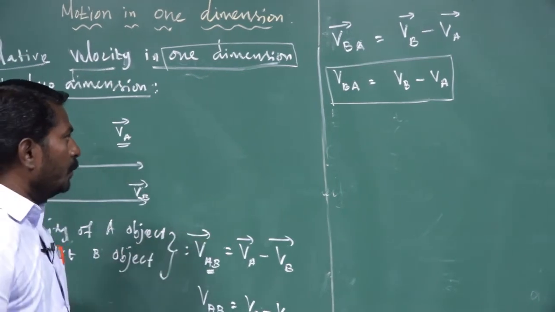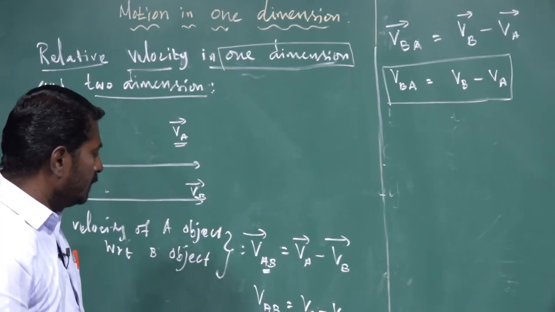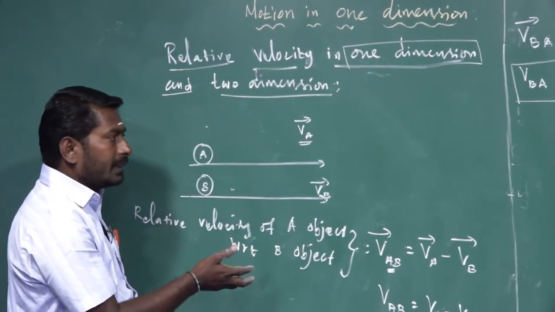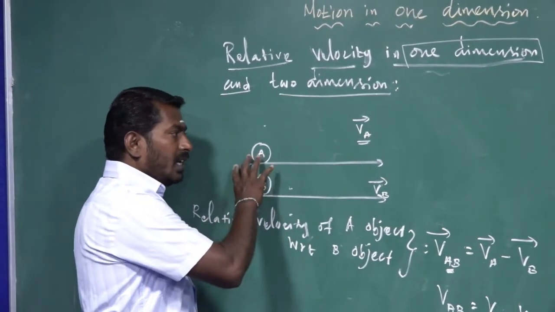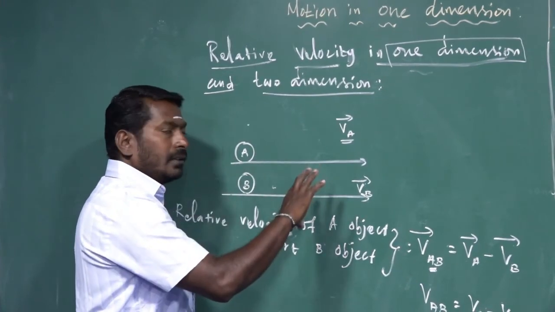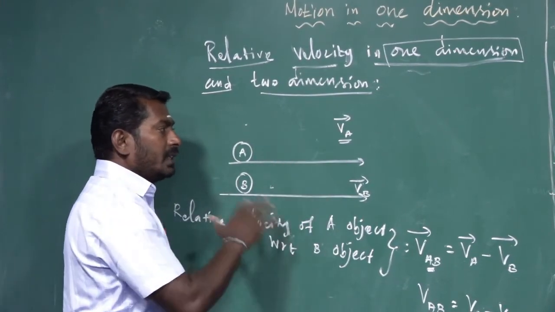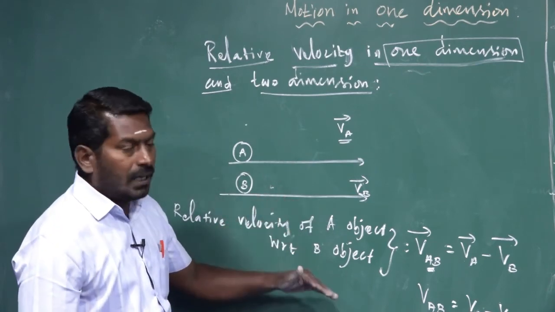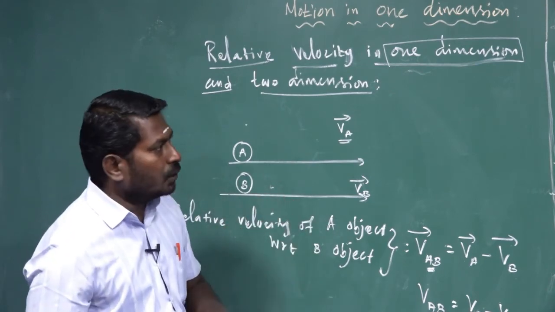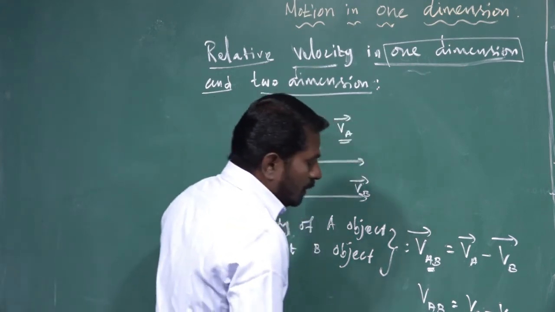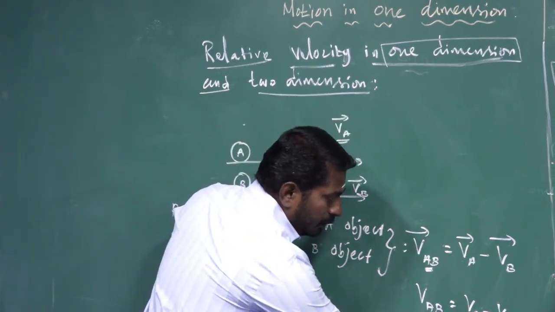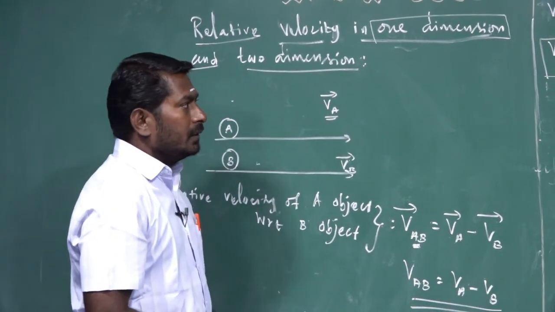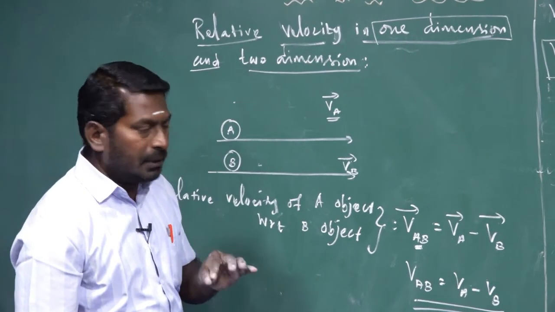So from these two, magnitude wise, the relative velocity of one object with respect to the other object, in the first case, both objects traveling along a straight line with different uniform velocities along the same direction, that's important, is equal to the difference of the magnitudes of the velocities of the two bodies. That is the conclusion in the first case. Keep it in your mind.